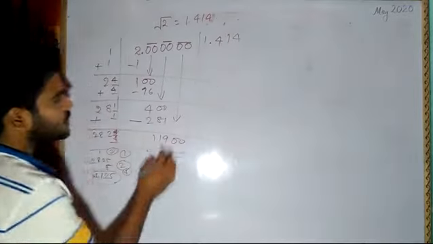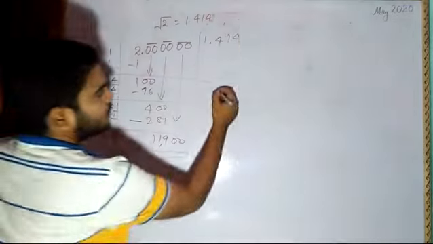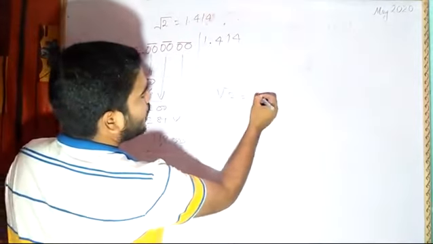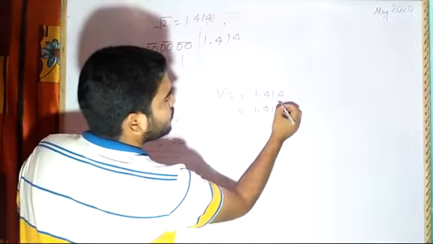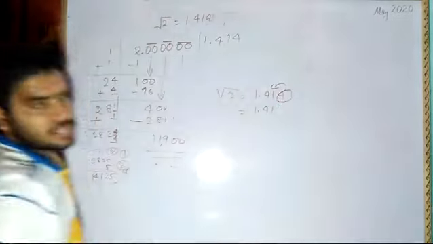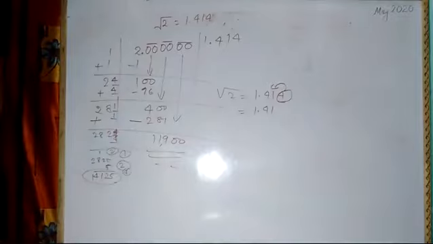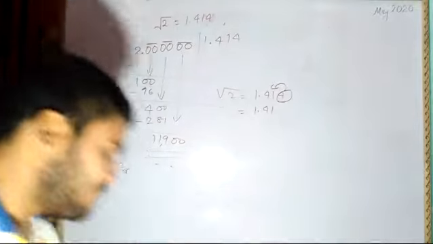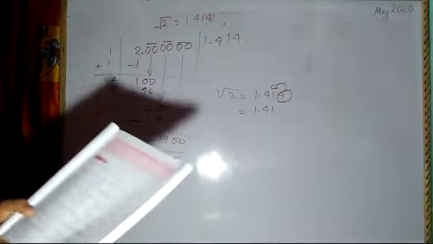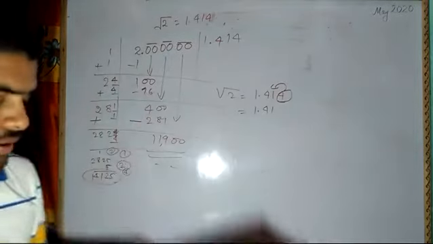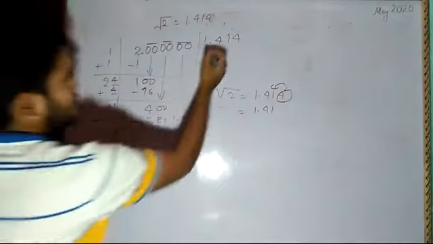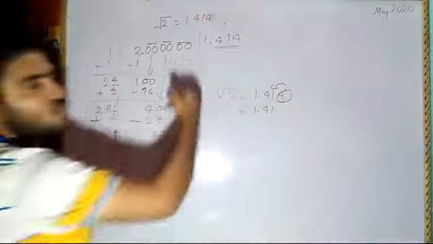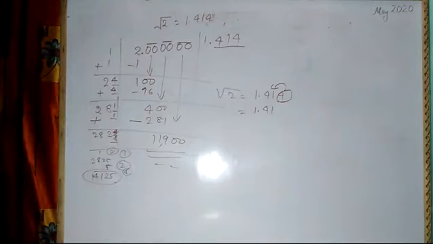No need to calculate this much, up to 3 decimal places they are asking. So you have to write root under 2 is equal to 1.414, which is equal to 1.41. If you get 5 here, then you have to increase this. I hope all of you know this much. In this way you are going to calculate other values of 8, 11, 35, 99. In this same manner, my dear students, you have to find the decimal value up to 3 places and then round off so that you will get the correct 2-place value. I hope it is clear.